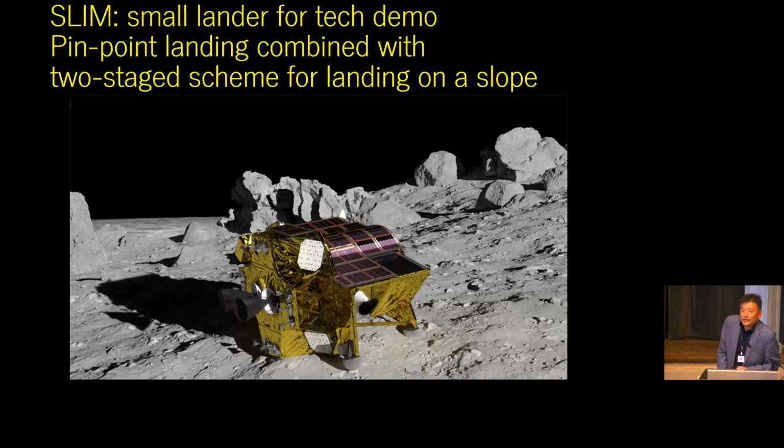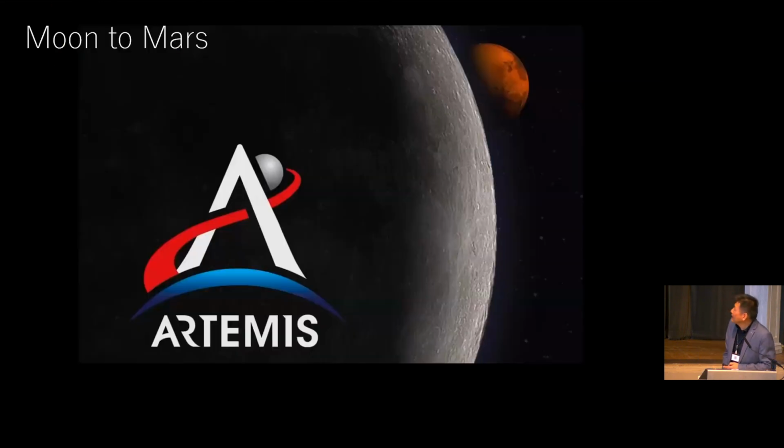Okay, I can't help focusing on the SLIM topic today because we just made a nice successful landing on the moon in January. SLIM is a small mission. It's a technology demonstration about pinpoint landing. So nowadays we talk about Artemis, and I'm